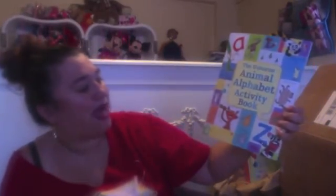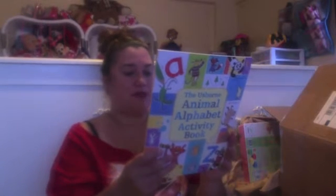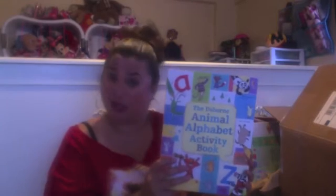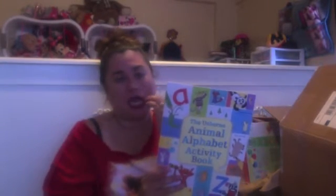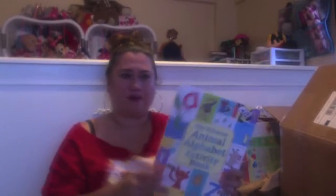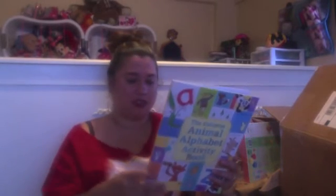The next book is the Usborne Animal Alphabet Activity Book. It says it's packed with puzzles to help children learn the alphabet, build phonic awareness, and develop pen control. Obviously, because she's 3, she's getting a grasp on doodling and scribbling, but that motor skill is still not completely there. Oh wow, this looks a little...